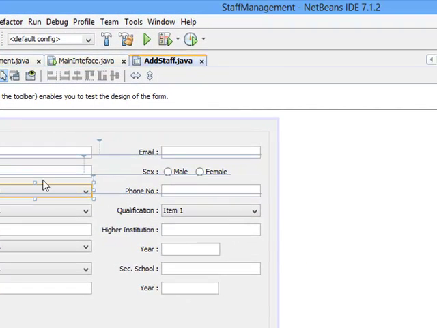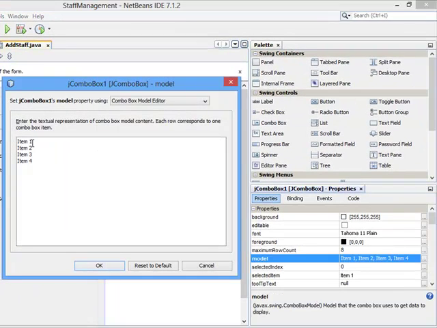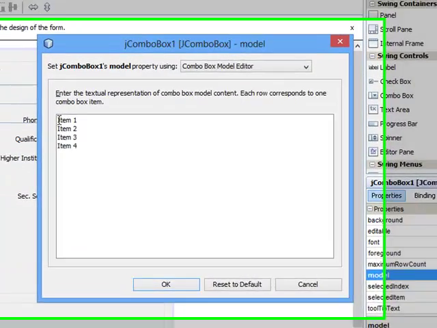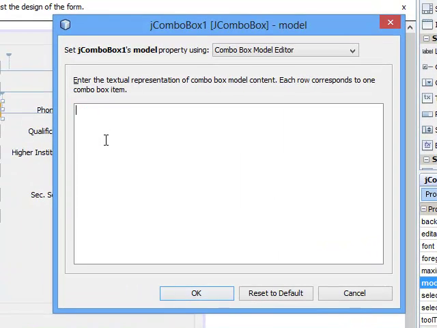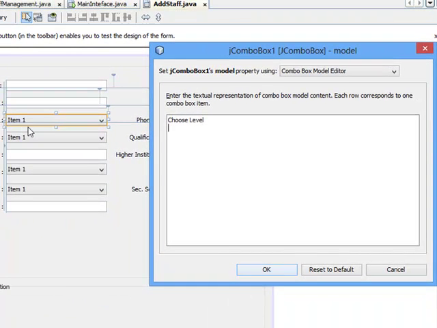So I'll click on this particular combo box. I'll come to model, click on this icon in front of model. Then you raise this, you can say choose level. This one will be at index 0, choose level. Then the first one will be at index 1, and the one at index 0, which is choose level, will appear on this particular